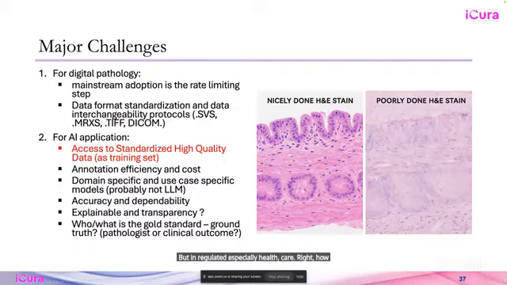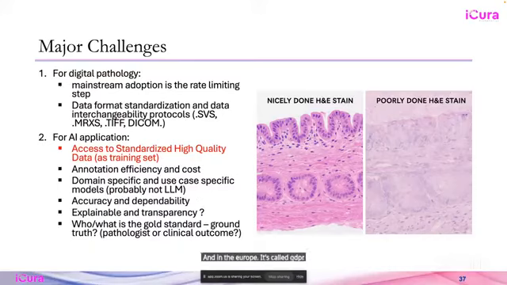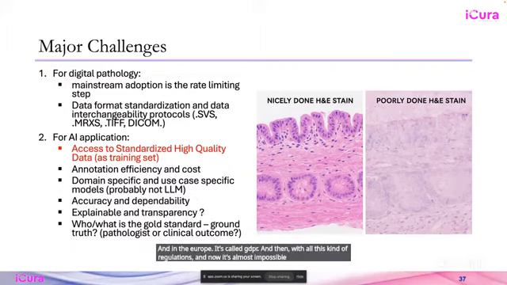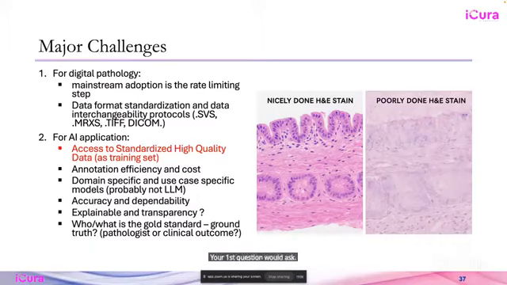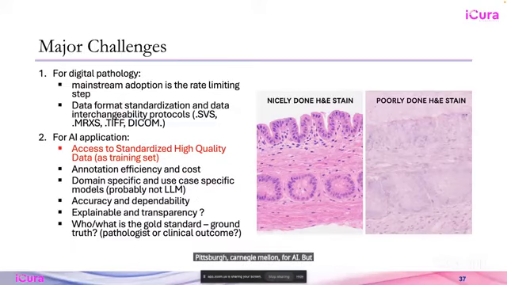How can you have access to thousands and tens of thousands of different breast cancer specimens or digital images, with all the regulations, with all the tight protected health information laws, such as HIPAA, and in Europe it's called GDPR? With all these regulations, it's almost impossible, especially for smaller AI companies. You could have all the talent from MIT or Carnegie Mellon for AI, but where's your data? That's the biggest hurdle. I can't get into details because there are a lot of perspectives, but that's the major problem